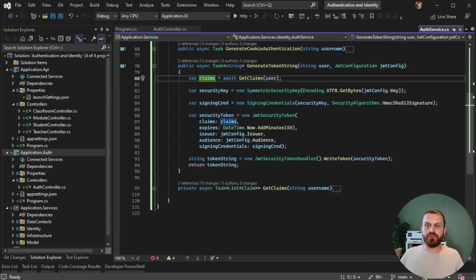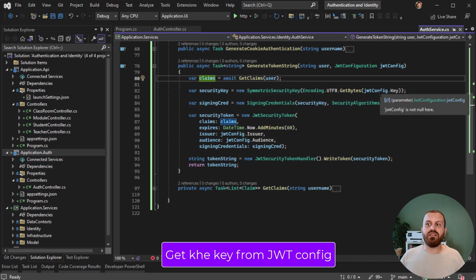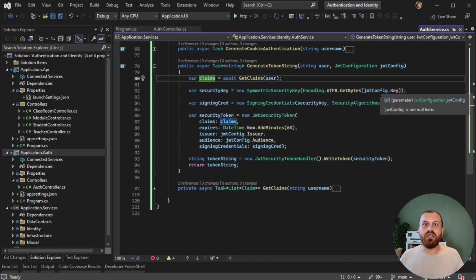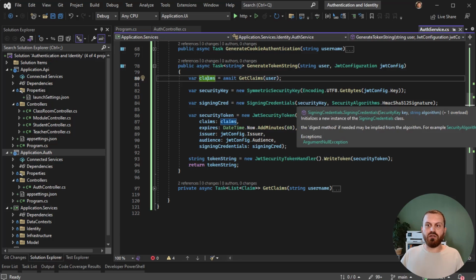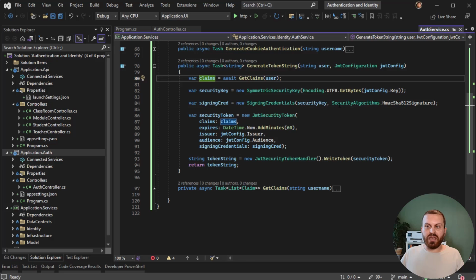We have the claims. And after that, we need to create a security key. For creating a security key, we usually use a symmetric security key. We need to get the key of the JWT. For the JSON Web Token, we need to have a key. We should convert it to the array of bytes and generate a symmetric security key out of that. After that, we need to sign it. We need to create a signing credential, and we need to pass the secure key to that and tell it what is the hashing algorithm that we want to use. And usually we use HMAC SHA